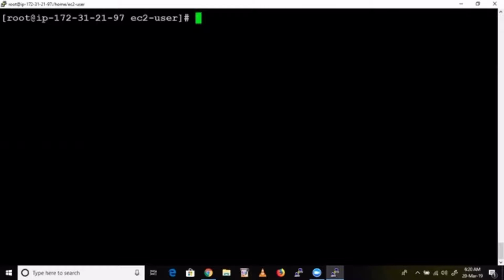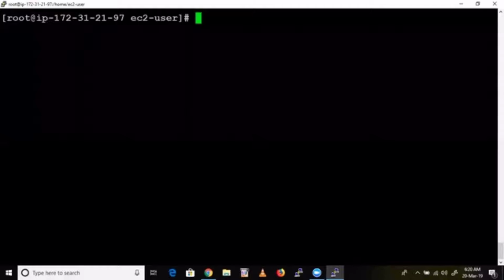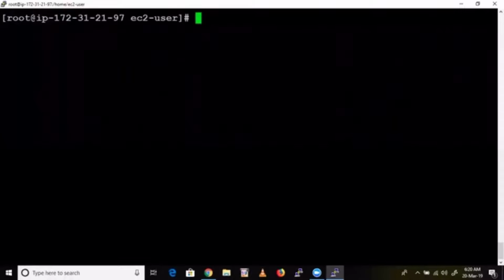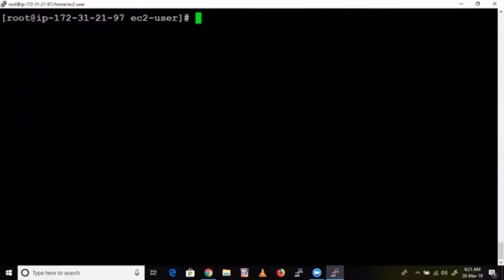And Sai, I have a question. Yes, please. Earlier we were mapping volumes, and if for any reason we don't want to map those, is there any process to disconnect that? Yeah, you will get the unmapping command also. Let me search in Google. You will find a command for each and everything.